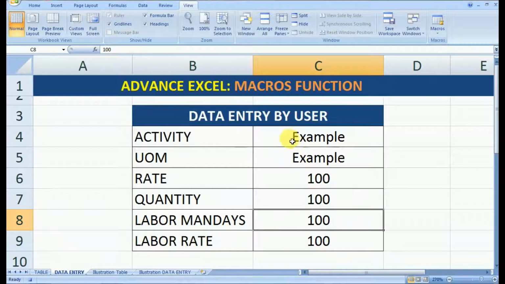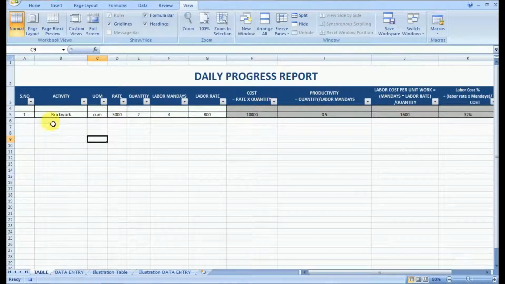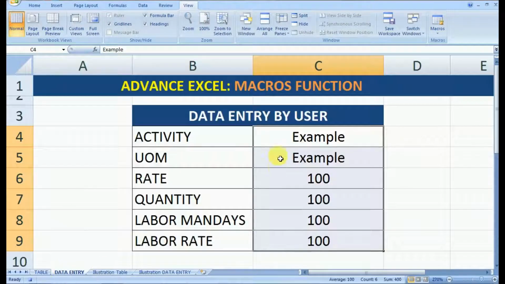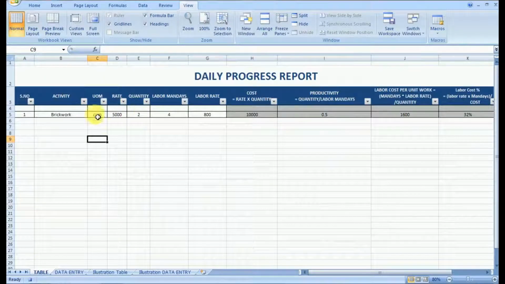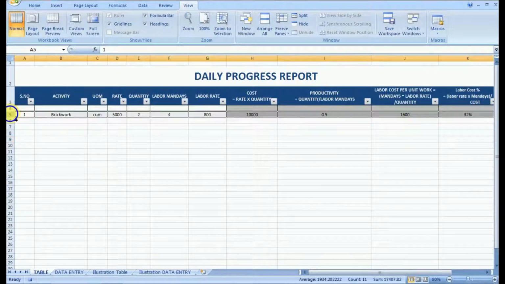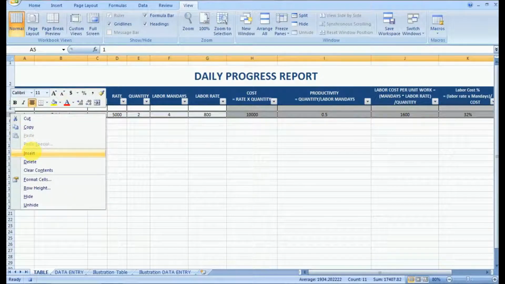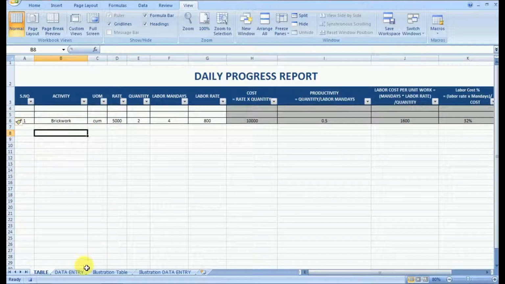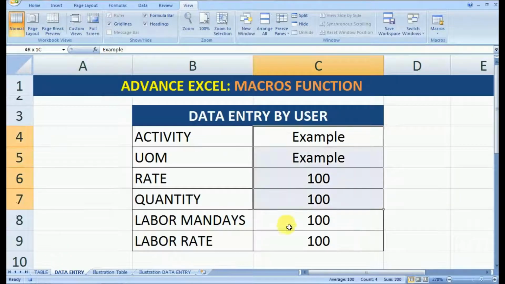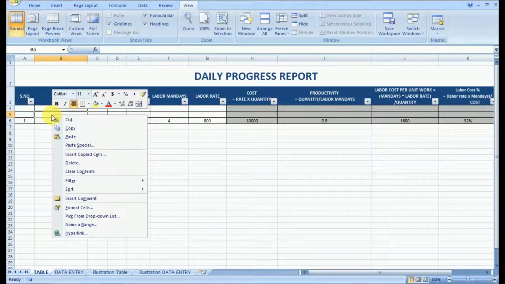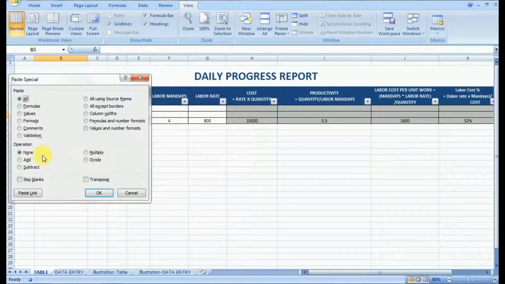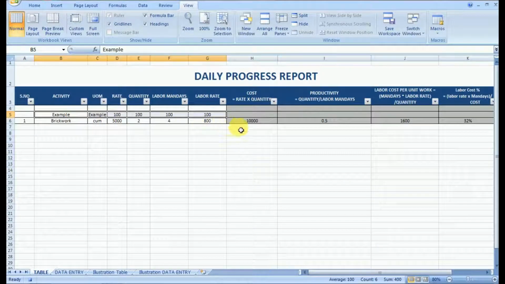That is, every step that we take in Excel is being recorded in the form of commands. Now here we will see the benefit of adding that additional row in the beginning. When we go to the table and insert a row, we do not need to do the formatting. That's why an additional blank row is added. We can directly add a new row now and copy this data. You can copy the entire data at once and use a special pasting option, that is paste as transpose. So all the data will be copied at once and pasted at once.